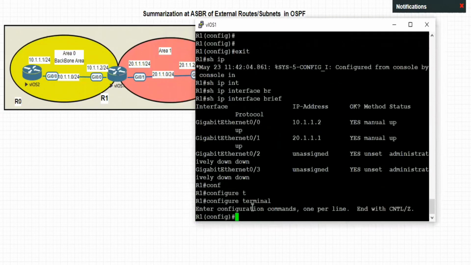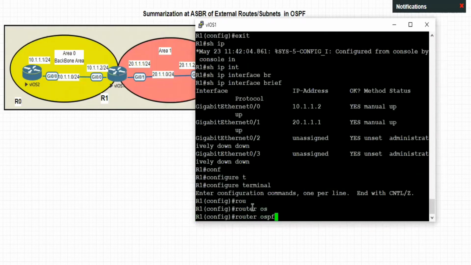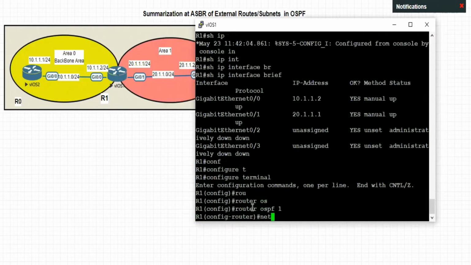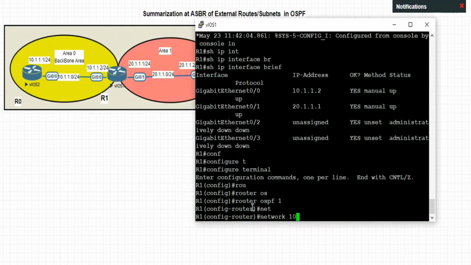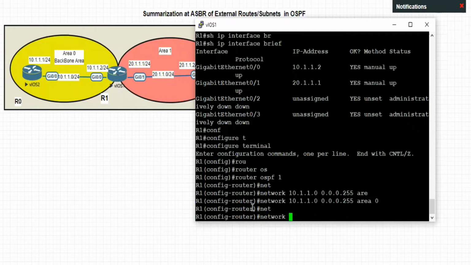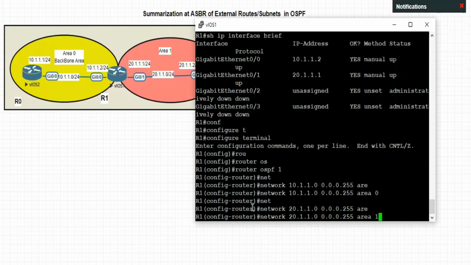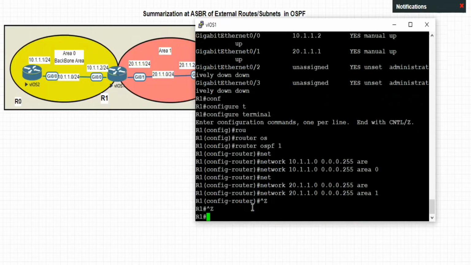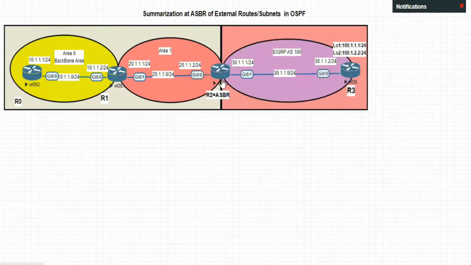Configure terminal, router OSPF, process ID 1. And we have 2 networks: 10.1.1.0, 0.0.0.255, and we got area 0. We have the 20 series in area 1. So network 20.1.1.0 wildcard mask, and we have area 1. Okay. We will move to